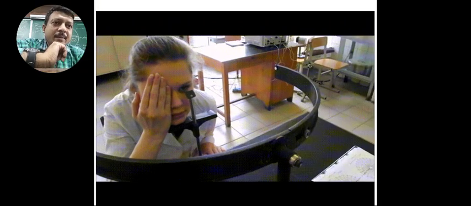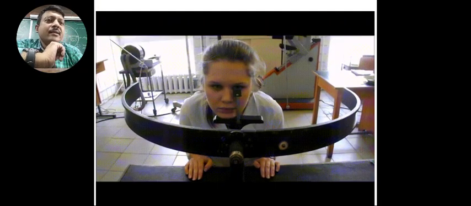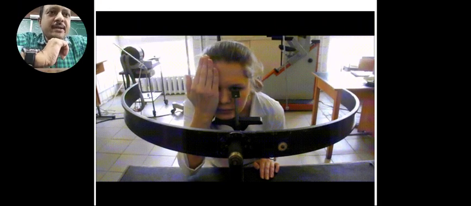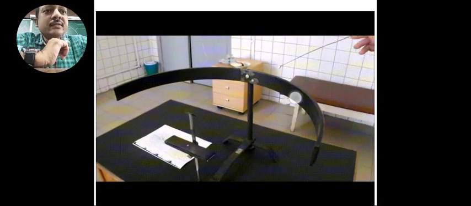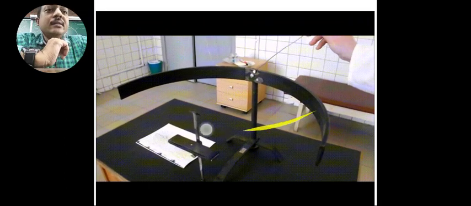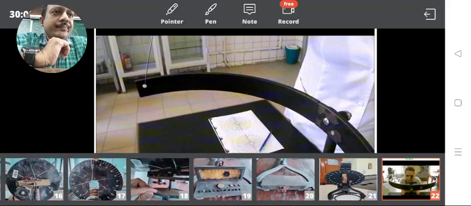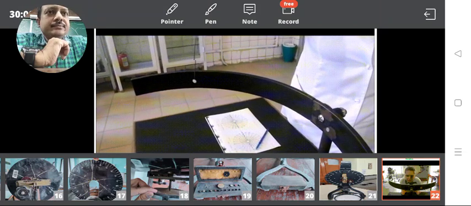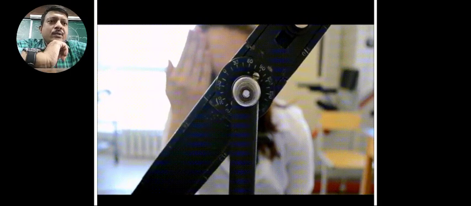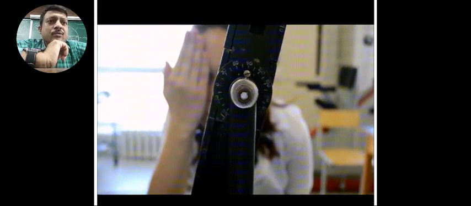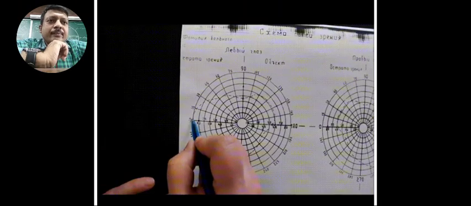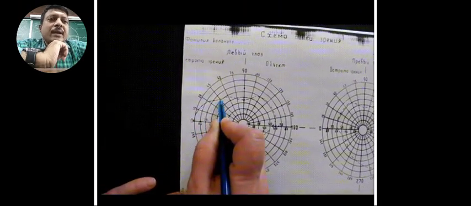Usually you take different readings at 15 degree intervals, but we usually take 8 readings at 45 degree intervals by rotating this metallic arc. The metallic arc is rotated to take another reading, again rotated to take another reading, 45 degrees each time, to take about 8 readings.